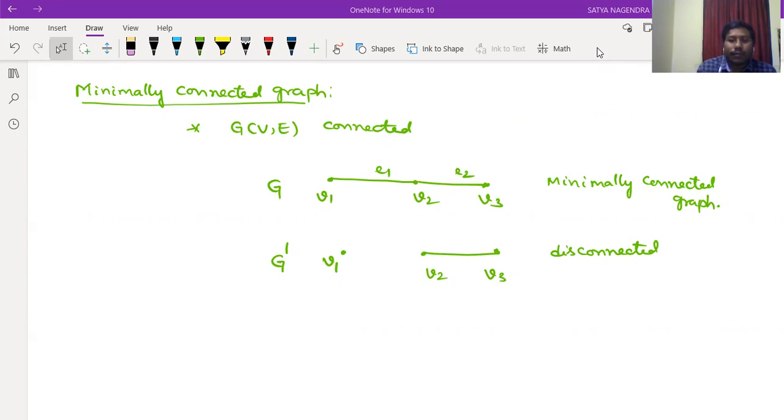So what is the use of this definition in trees? To check whether the given graph is a tree or not, mainly you have to check connectedness. A connected graph is a tree if and only if it is minimally connected. So you have one important point here. With the help of this minimally connected graph, you can write this statement like